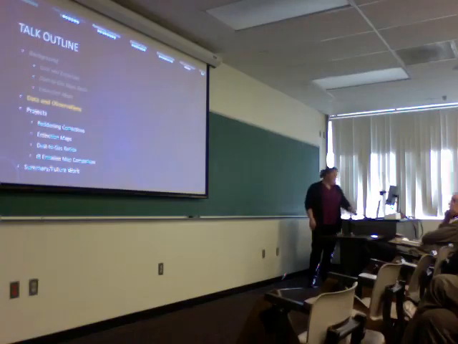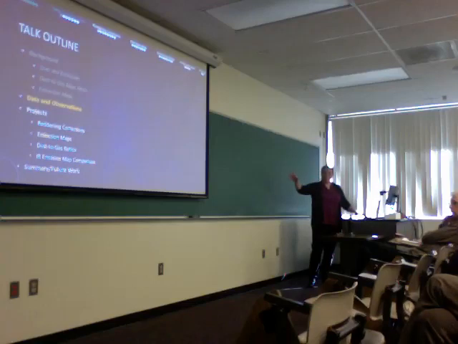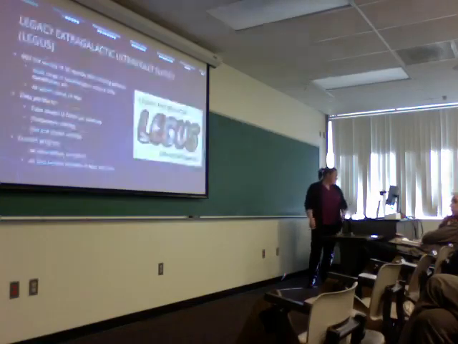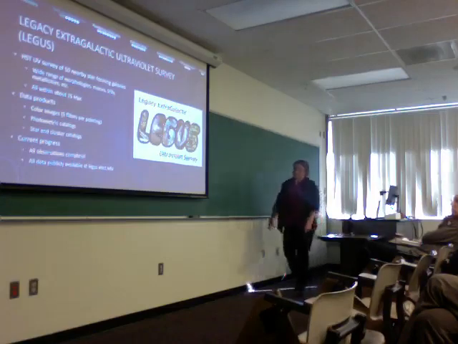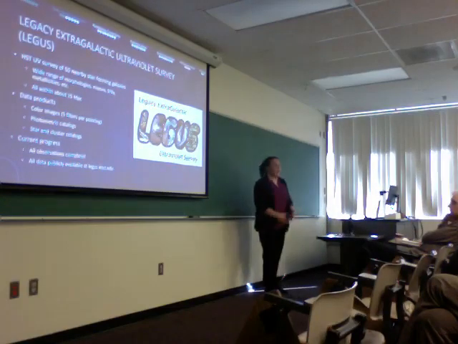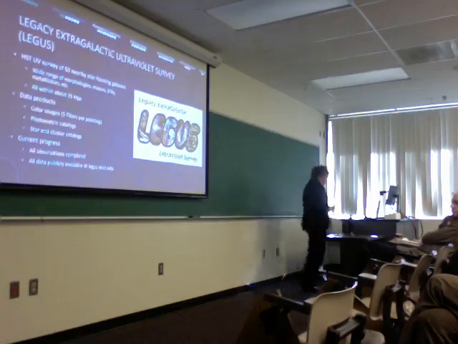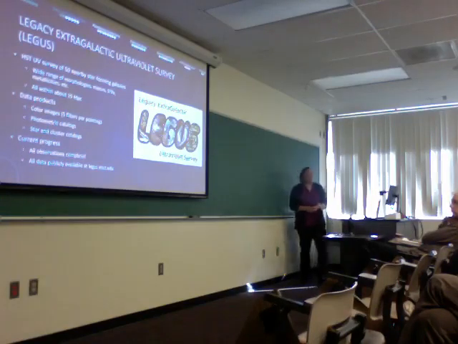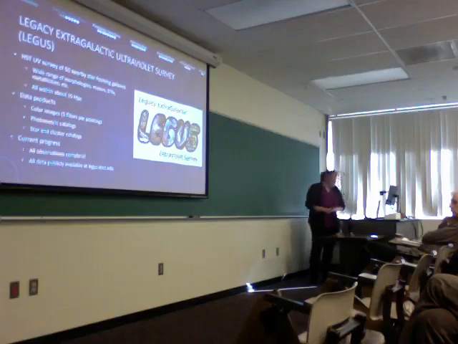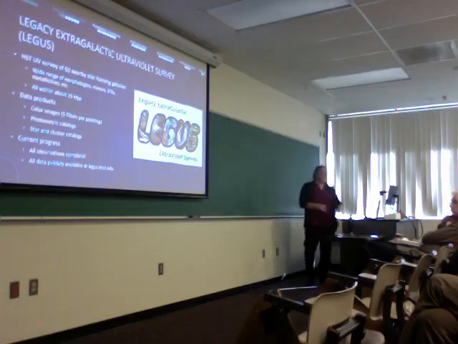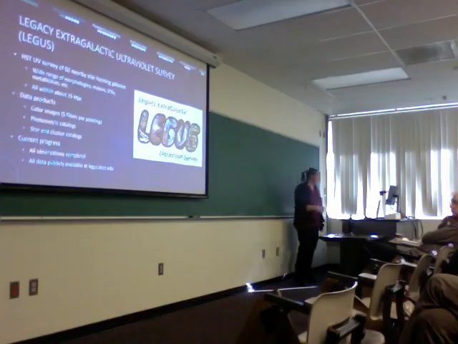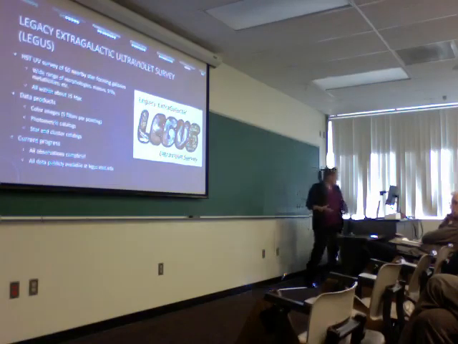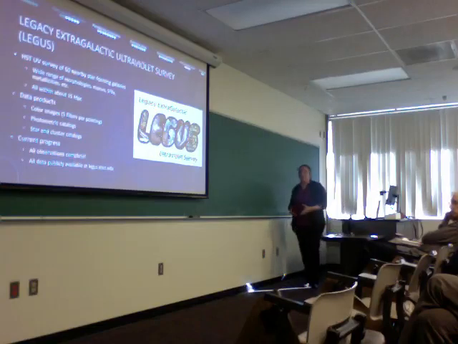All right, so that's kind of in general what I'm doing, or what kind of things we're talking about. Now, what data did I use to do it? So this is where LEGUS comes in. LEGUS is the Legacy Extragalactic Ultraviolet Survey. It is an HST UV survey of 50 nearby galaxies with a wide range of morphologies, masses, star formation rates, metallicity, etc. They're all within parsecs. And LEGUS has produced color images in 5 bands